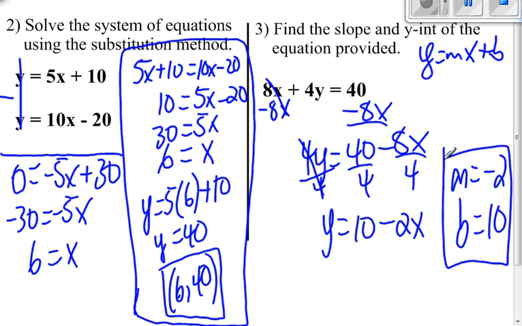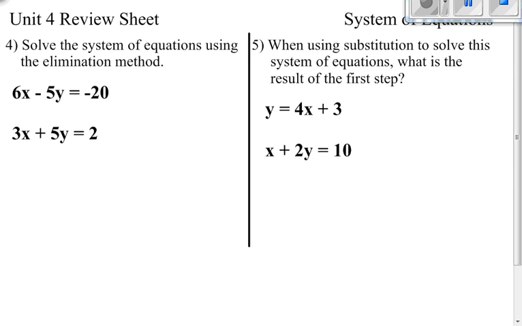Next page. Number 4. Solve using elimination. Everything is lined up nicely. The x's, the y's, the numbers, the equal sign. So we can do elimination. So we want to either add or subtract them to get rid of one of the variables. Well, I see that we have a minus 5y and a plus 5y. So since the signs are opposite, we add the two equations together, and we get 9x equals negative 18,